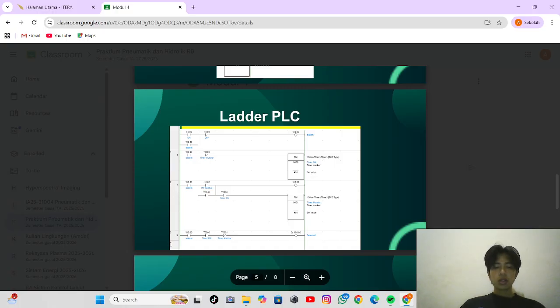The third rung demonstrates how multiple timers can be cascaded, meaning one timer output can become the input trigger for another timer. This is often used to control sequential operation in pneumatic cylinder.